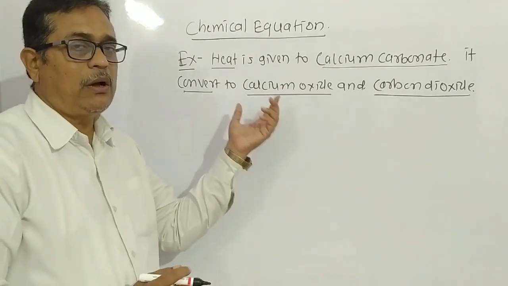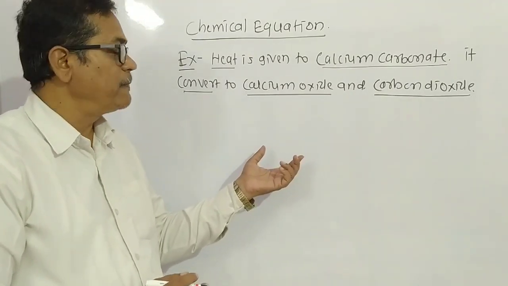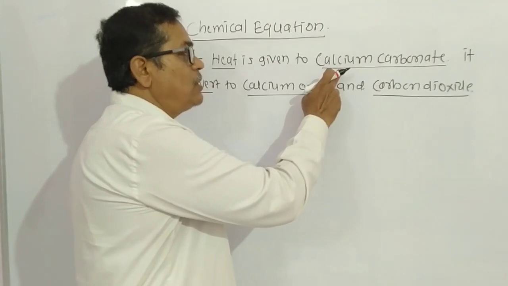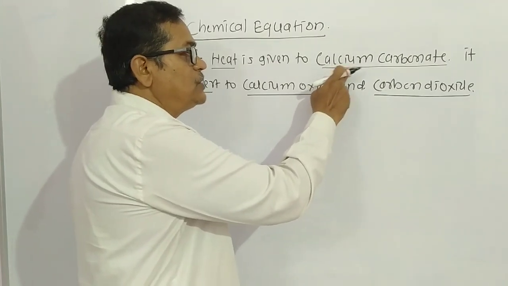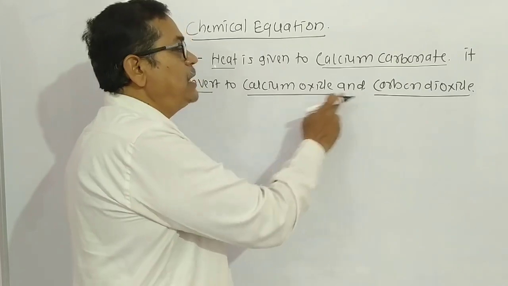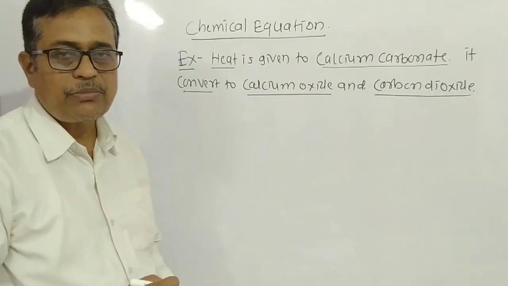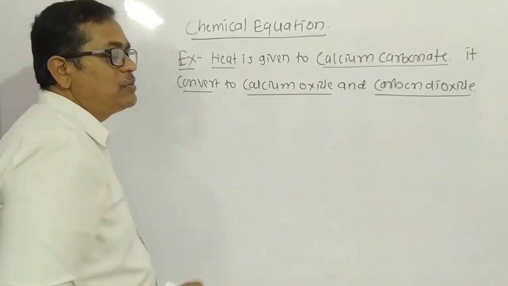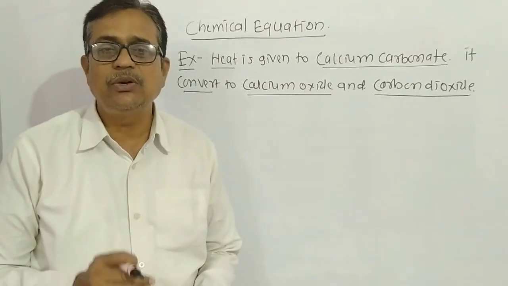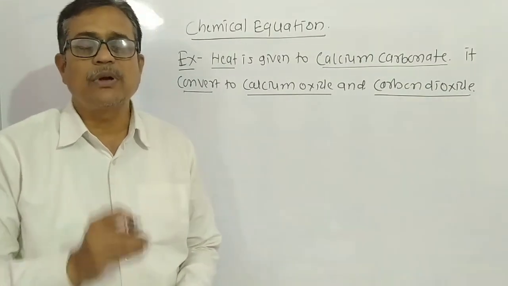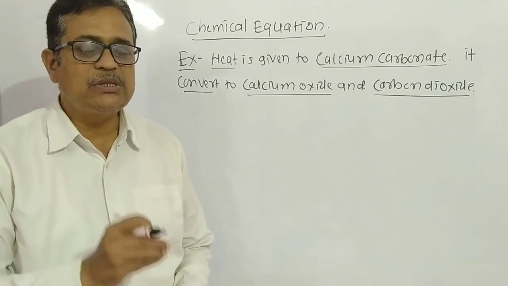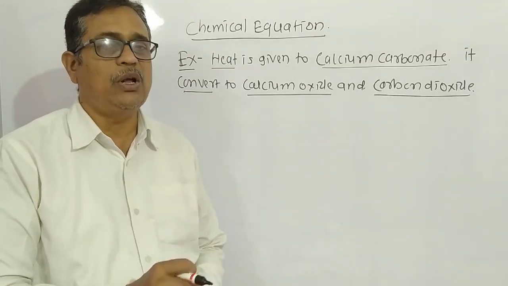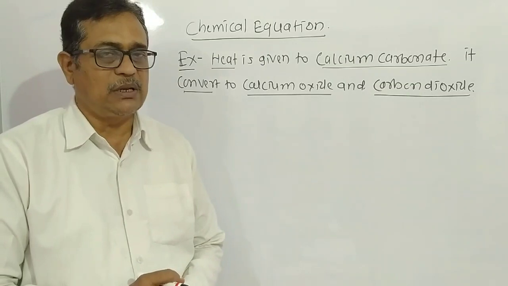This statement of the chemical reaction, we represent by using molecular formulas and symbols of calcium carbonate, then calcium oxide and then carbon dioxide. That is called a chemical equation. What is the molecular formula of calcium carbonate? Dear student, it is necessary to know the molecular formulas of compounds when we study chemistry. When we study chemistry, you should know the molecular formulas and symbols of every compound and element.